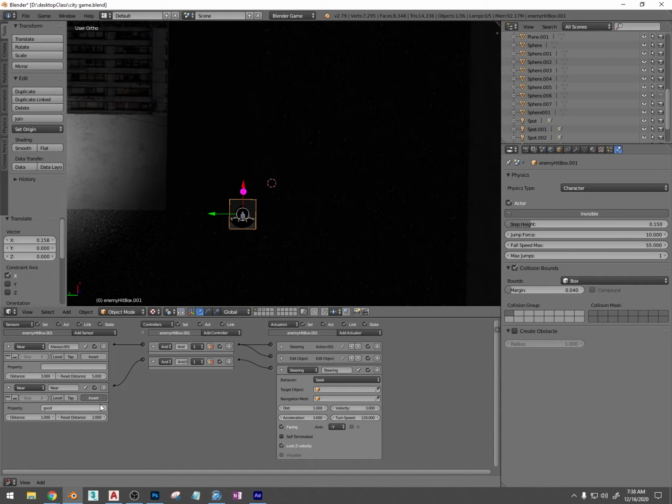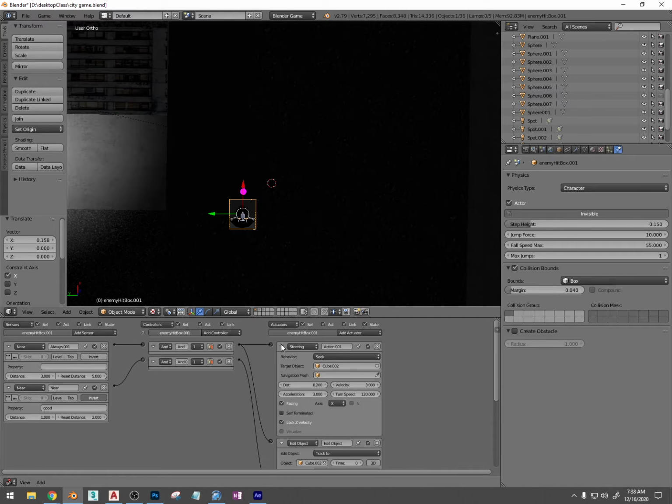Okay, so when he's not within this distance of this player property, he's going to track to target object being this sphere here. Okay, so I'll press Control S